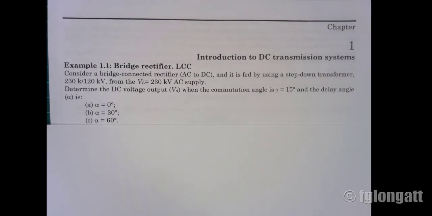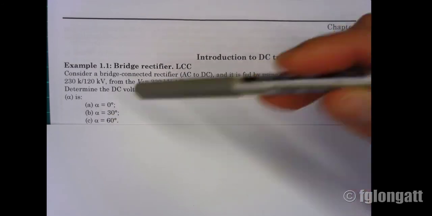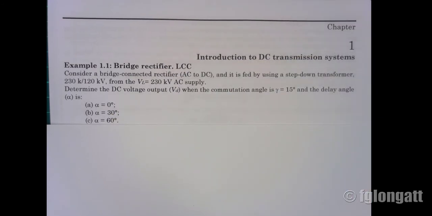We are considering a bridge connected rectifier, and in this case we are using a step down transformer, and this step down transformer is going from 230 kV to 120 kV, from a line that is coming from 230 kV, line to line RMS AC supply. Okay, now the question is, what is the DC voltage output when the commutation angle gamma is equal to 15